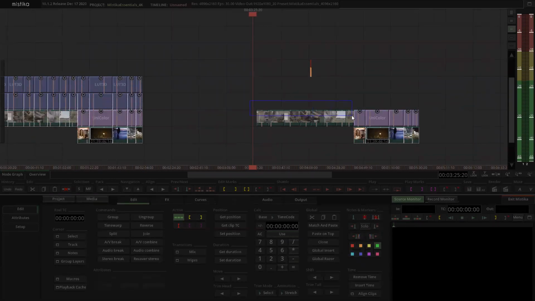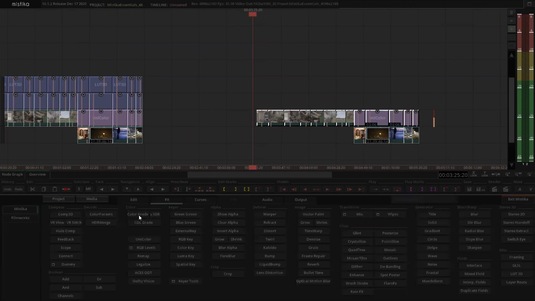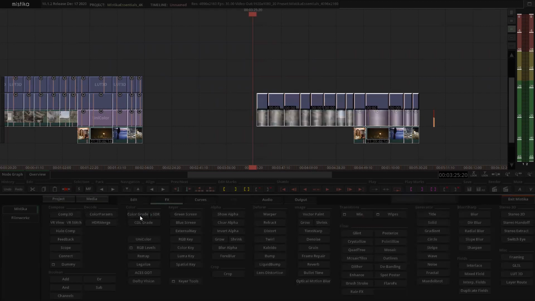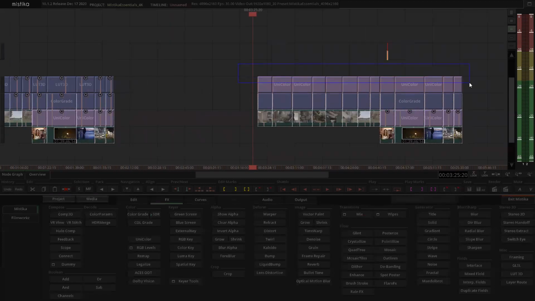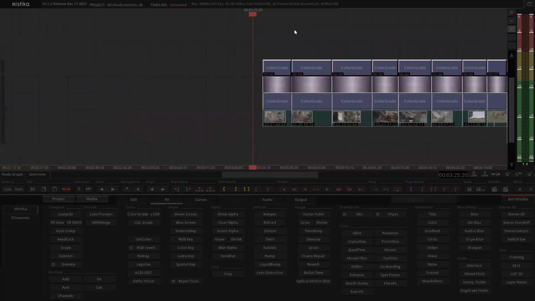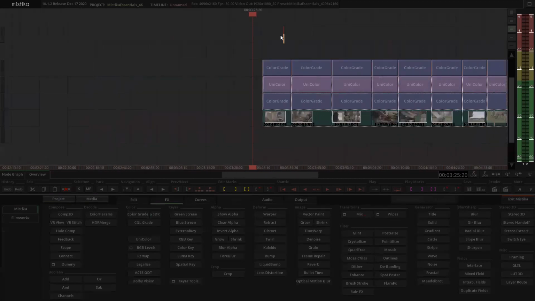Okay, you don't want to use the K1S1 ARRI look in all this. So we're going to add 2 color grade effects, 1, and then we're going to apply a unicolor effect, and then another color grade effect here. You're going to say, why? Why is that? Well, thing is,